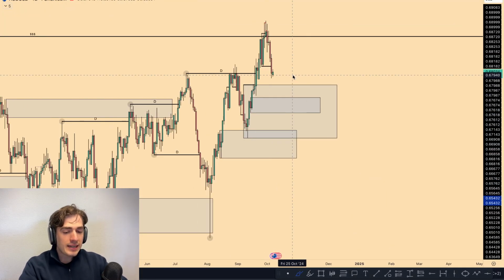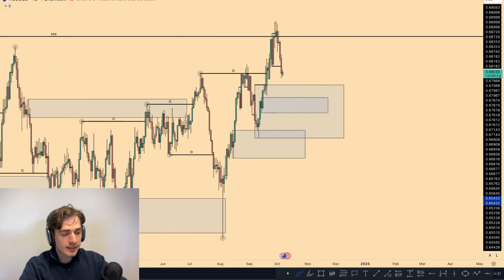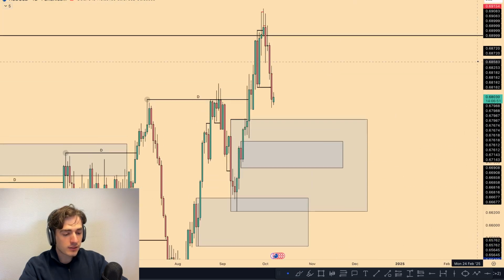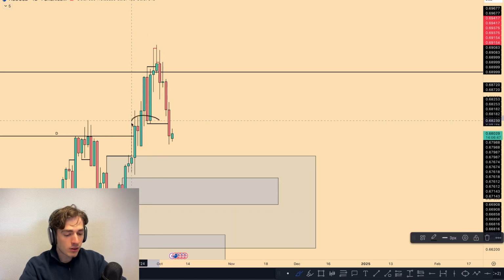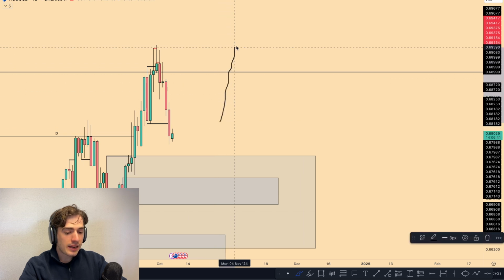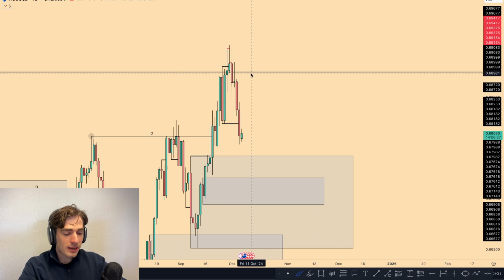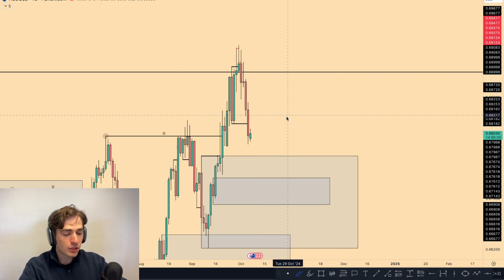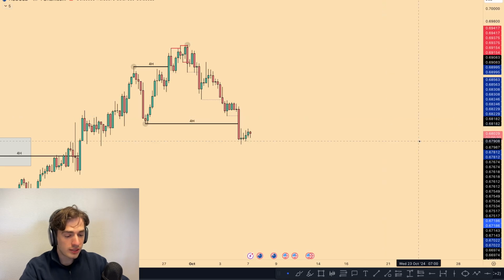So the daily here on AUDUSD has flipped fractal bearish in the sense that if we just focus on the individual candlesticks, again, we have now broken this black line. So this black line over here is the line that broke this high. So to me, this just simply means that we've now seen a break of fractal structure. So it would make sense to look for shorts if we are at good value. So looking for potential pullbacks, so then you pull the trigger on a potential short in towards the downside.